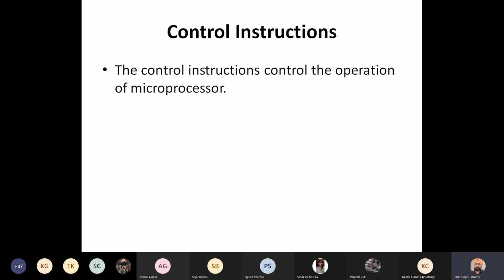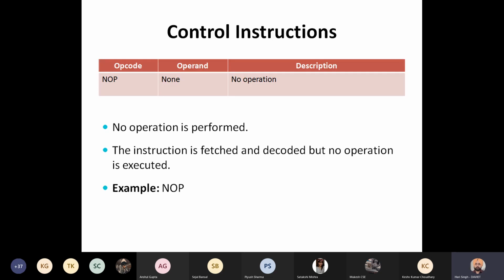And another last set of instructions we are having is control instructions. So these are basically machine control instructions. These are used to control certain machine operations. Example is like NOP. NOP is no operation instruction. So sometimes in delay programs, for fine tuning of the amount of delay generated by a delay program, we need these NOPs.